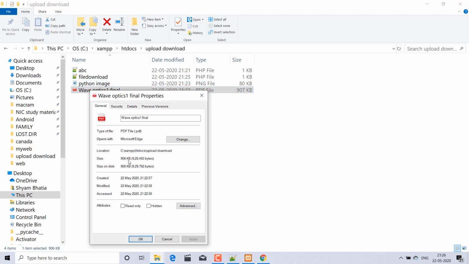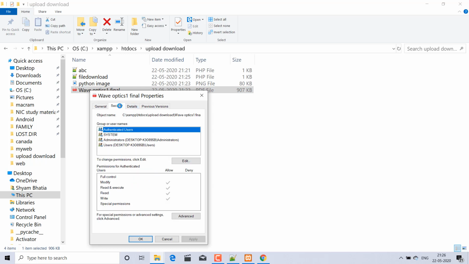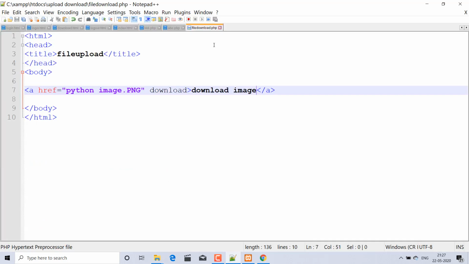Again go to the properties, and copy the last path, the PDF. Right click and Control C to copy, go to your download file, and paste the path, Control V. And for the download text here, just type PDF.